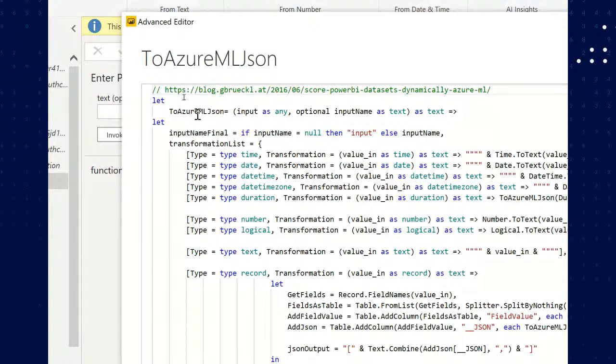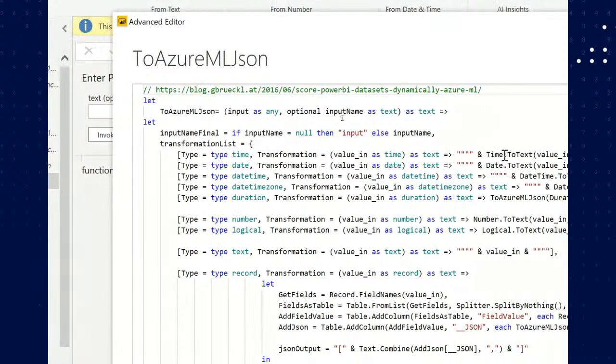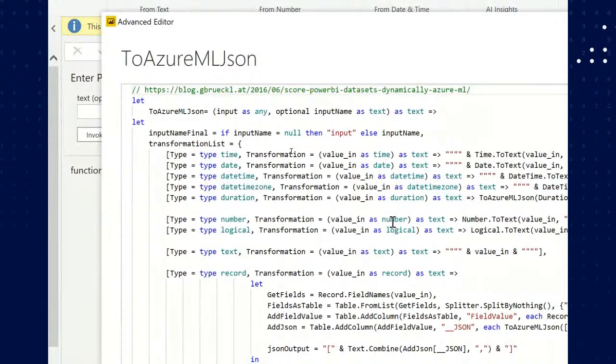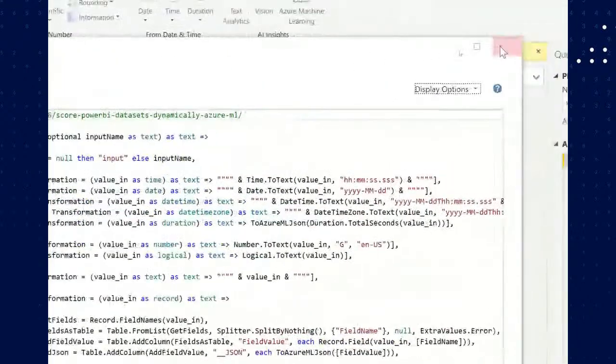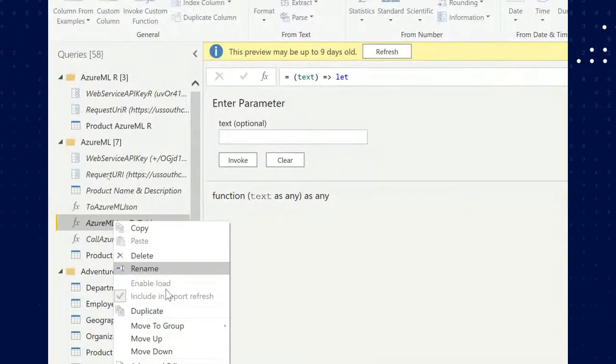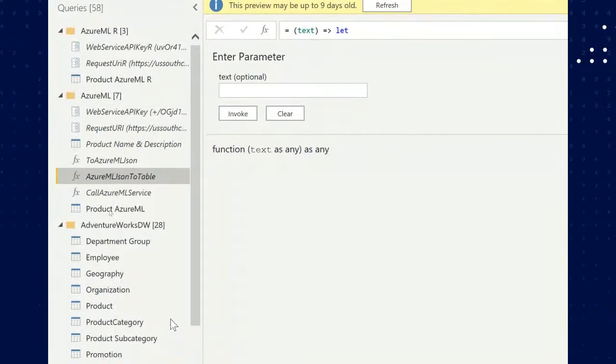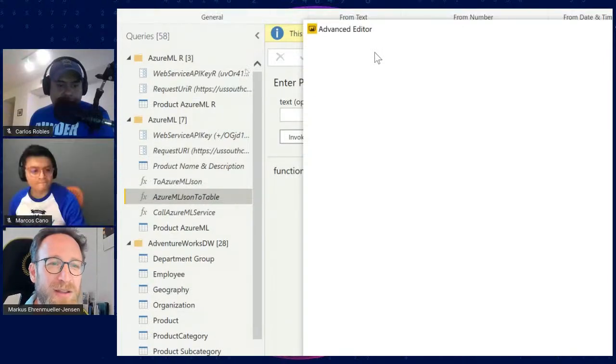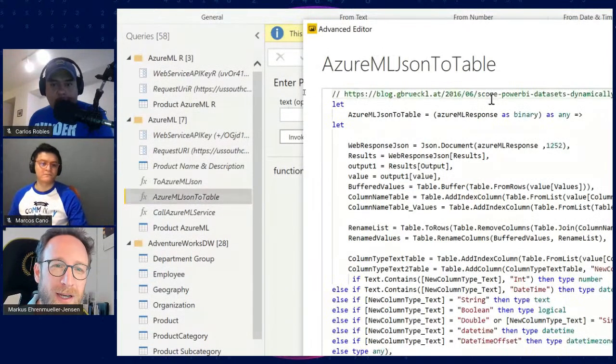This script is converting the text into a JSON depending on the data type detected for the text here. So there's one to convert to a JSON which can be read by Azure ML. The other function is converting the other way around. So the result set can then be converted from the JSON I get into a text, again from Gerhard Brückel,